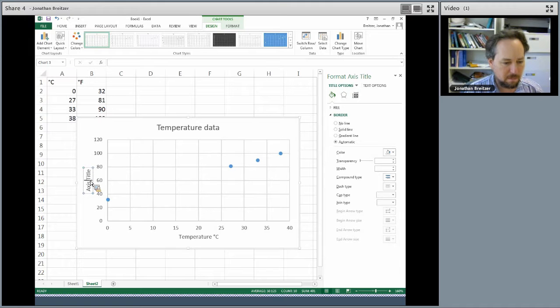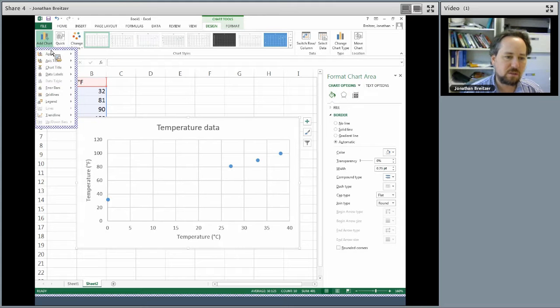And then here, this is going to be temperature, and then the parentheses, degrees Fahrenheit. Alt 0176 Fahrenheit. I forgot to put the temperature parentheses here, so let's put that here. Click out.